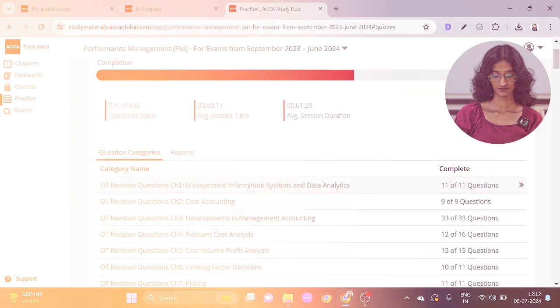Now I see that there is a lot of confusion as to which study resource we should use. ACCA will not be approving DPP and Kaplan content anymore. But does that mean we shouldn't use them anymore? No. Now, the ACCA Study Hub is a great resource to use for your exams, but it is not printable yet. Now, ACCA content does not hugely vary on a year-on-year basis, and even if it does, DPP and Kaplan will ensure that their books are up to date.